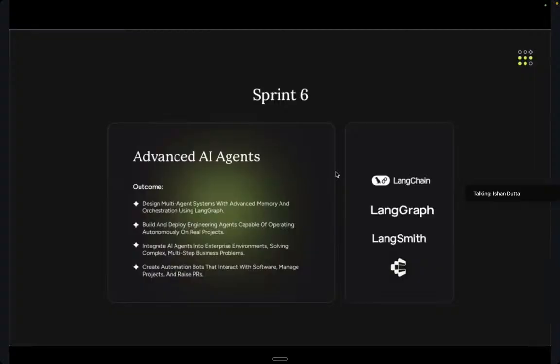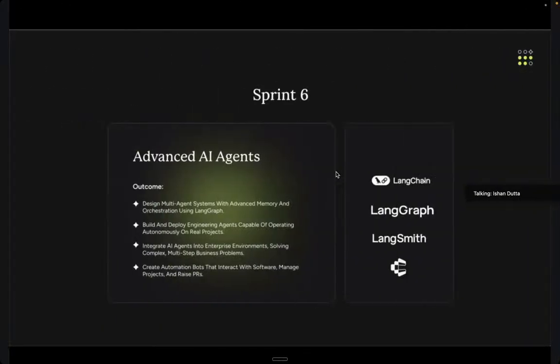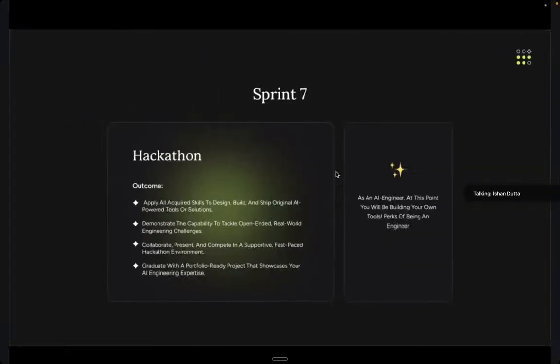How do you create such complex systems for yourself? In this advanced AI agents sprint, we are going to teach you a lot of depth of orchestration in agents, and I will be teaching you how you can build software like Orion on your own. We are going to go in step by step. We will also be covering a very interesting tool called Composio, which is very widely used for tools. We have been talking about tools for AI agents. Composio has thousands of these tools. Okay, Sprint 7 is where